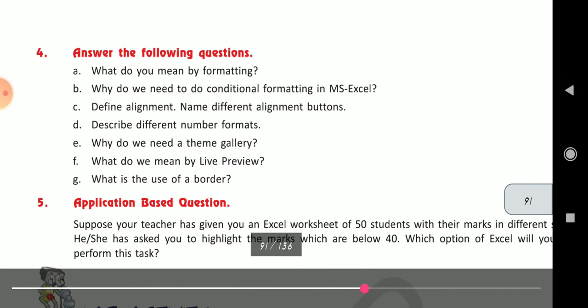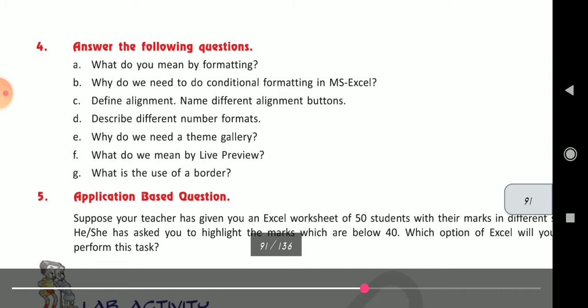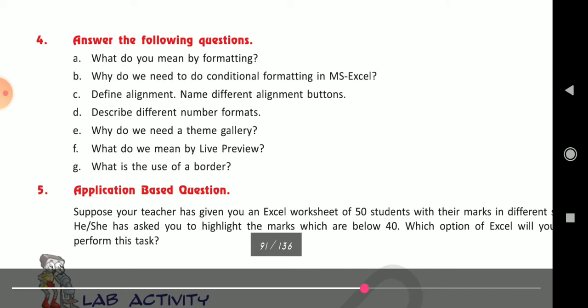Now coming to the main part, answer the following question. So what do you mean by formatting? In the above also we had read, formatting means displaying the worksheet in an attractive and more legible outlook.